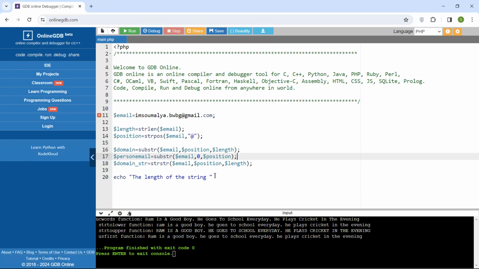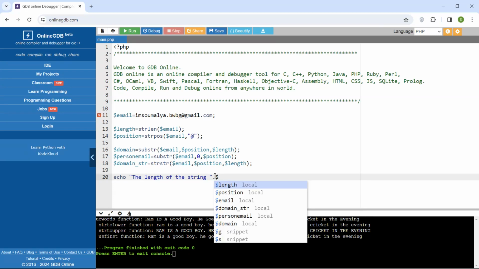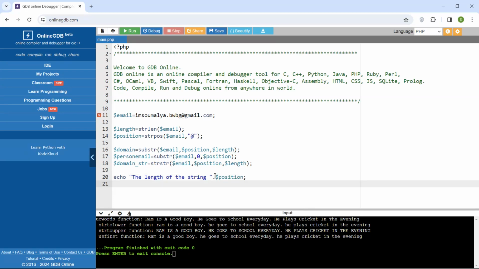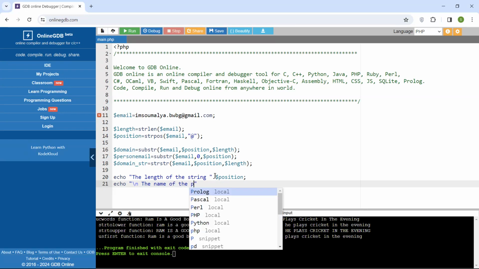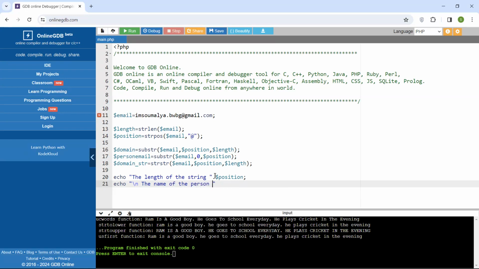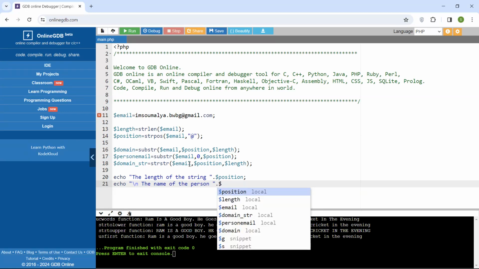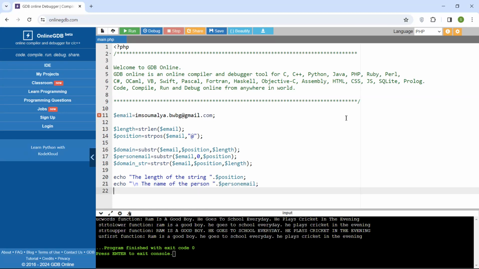Okay, so the length of the string is dot dollar position. Echo, we will be printing it on a new line, and the name of the person, and we will be printing dollar this particular thing, person email. So yeah, this one, person email, and echo \n domain of the person email,